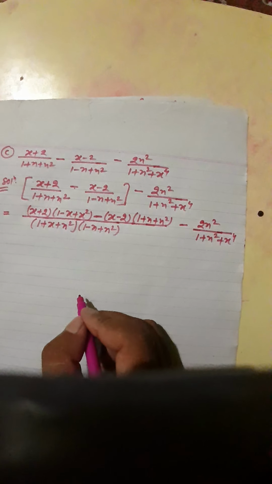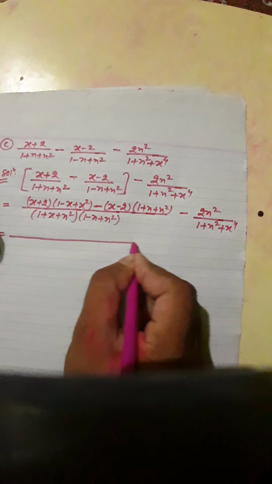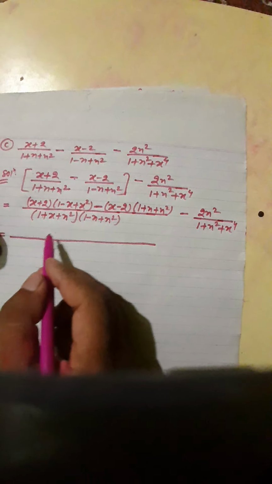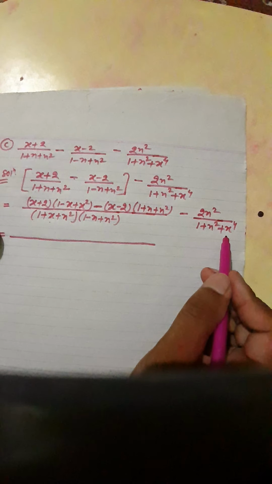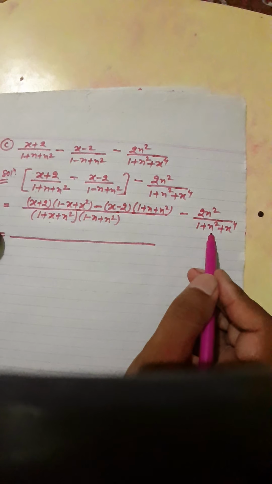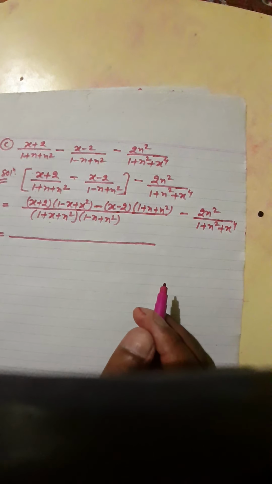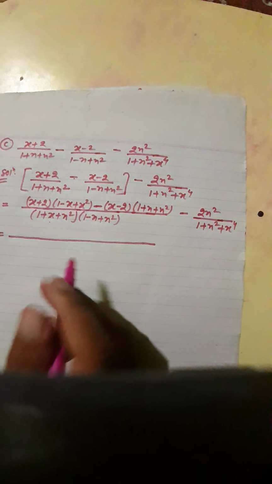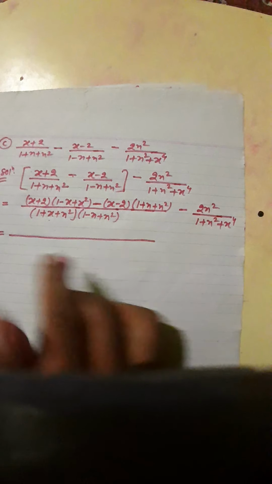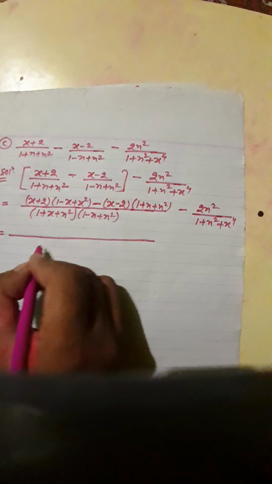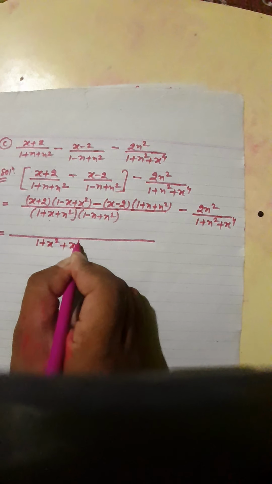After this, you know already that when we multiply these two factors, then directly we get 1 + x² + x⁴. You can check it. When you practice a lot of this type of question, then you become habituated and can get an idea from here. If we multiply these two factors, then directly we get this, so we can write 1 + x² + x⁴ here.